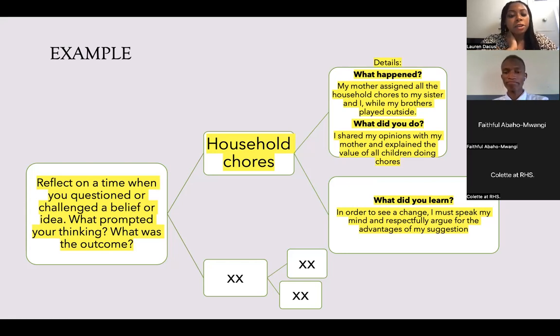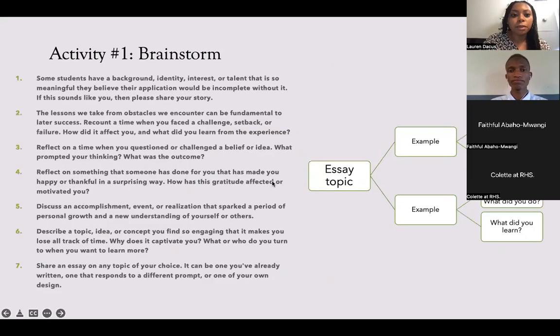So simply as that, you're going to take the prompt that you would like to answer. You're going to give a broad title of the example that this has happened to you, and then with more details, explain. This exercise is brainstorming, so it's supposed to allow you to think through your ideas. So for this activity, brainstorm by choosing one of these topics. Please just choose one. It's going to take you so long if you decide to do multiple. So you're going to choose one and you're going to stick with it. And then you're going to write the essay topic in one box. Then you're going to pick an example of a time that's happened to you and then go into details.